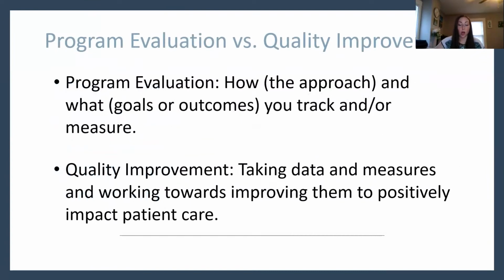There are two sections that we will cover today: quality improvement process and program evaluation. Program evaluation will involve how and what you track or measure, and quality improvement is taking those measures and improving them to positively impact patient care. Program evaluation involves developing an approach to measure, track, and achieve targeted goals for your telehealth program. This involves identifying various data collection methods, what data will be obtained,